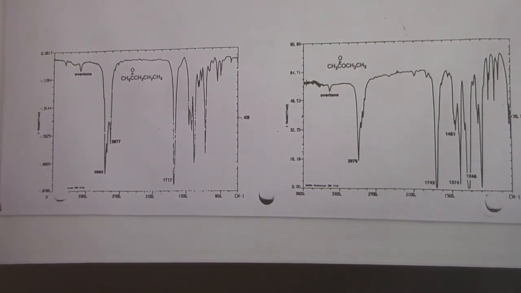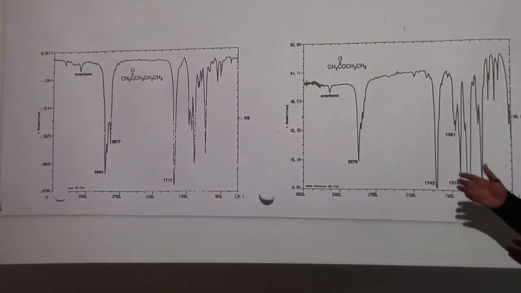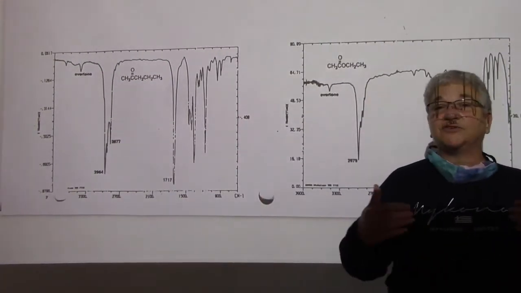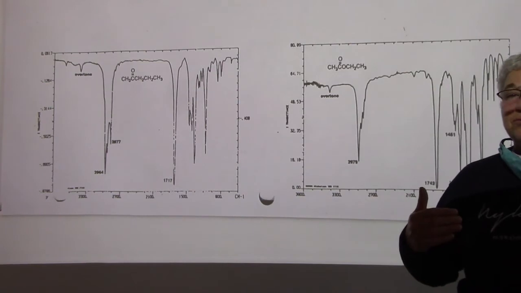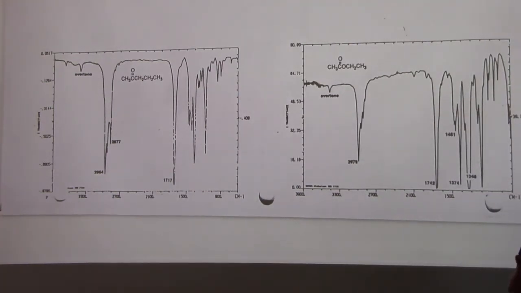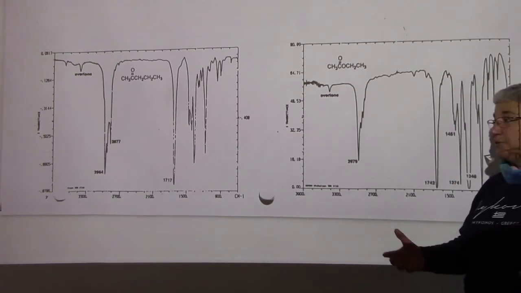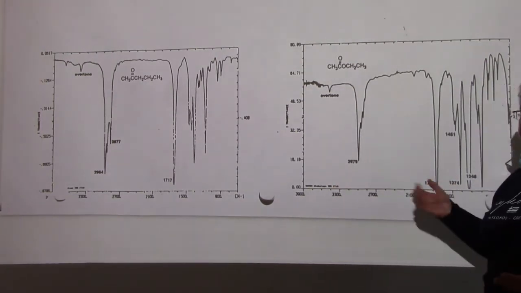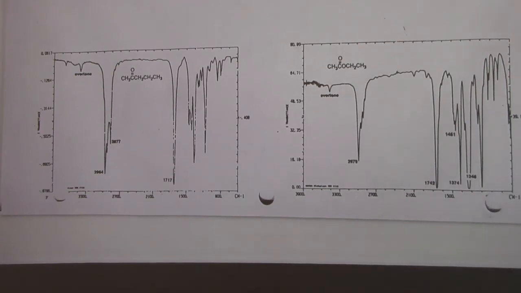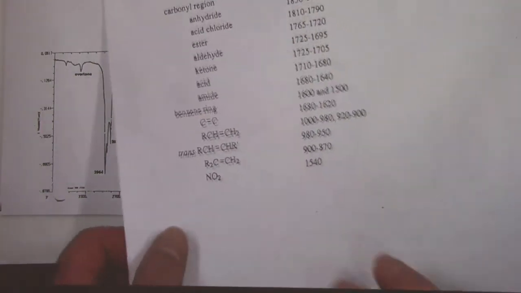So on a test, I would not give you both an ester and a ketone as choices and make you choose. But on a homework or a lab assignment, I can ask you to tell me which is the ketone and which is the ester, because you have this sheet, and you can go back to this sheet,